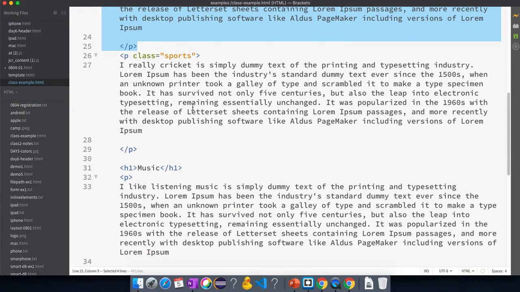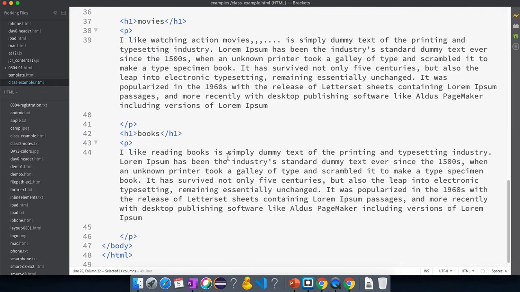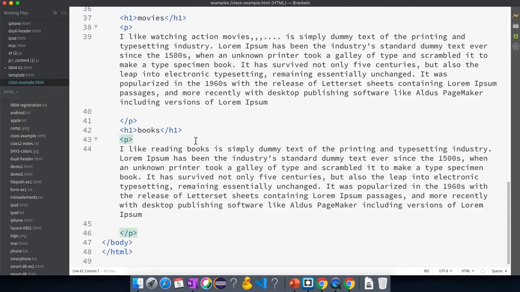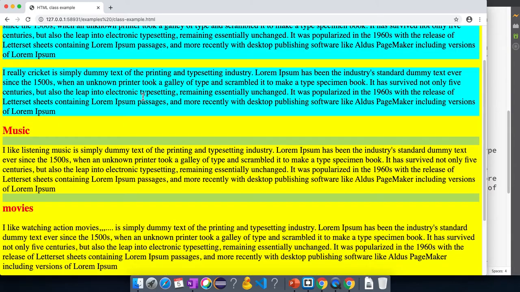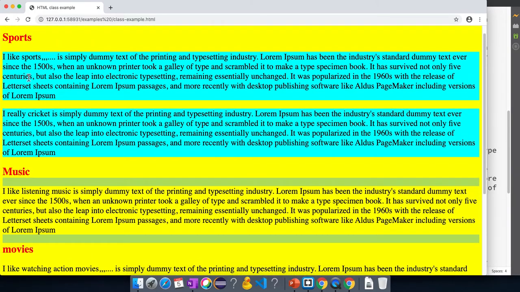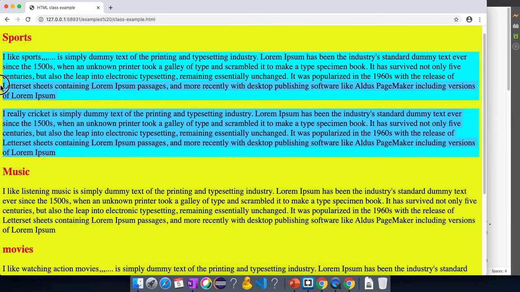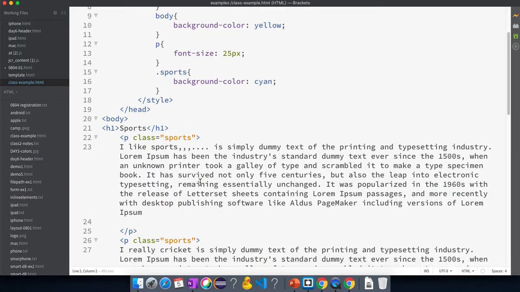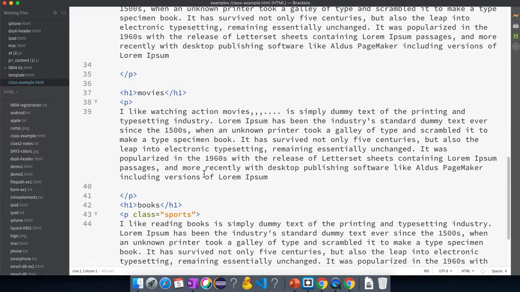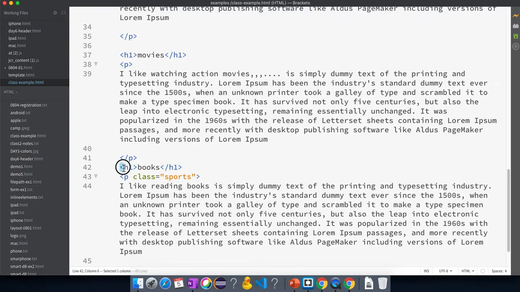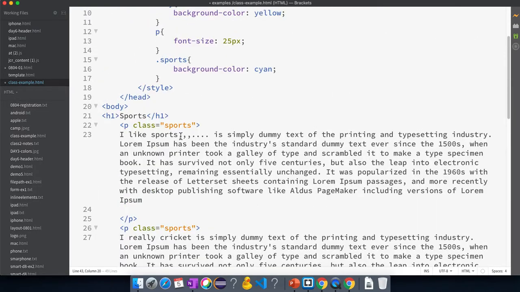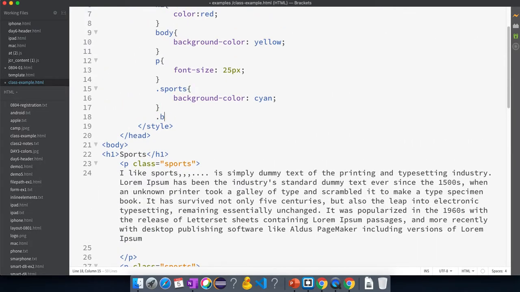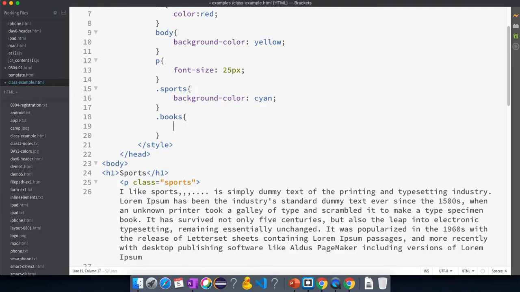Let's say the same styles you want to apply for the book section. So you can go here, you can just say book sports. You see here the blue is only applied for the paragraphs wherever we are using sports as a class name. If you want to apply a different style for the book section, you can give a common name like books, and put dot books and apply a different color.